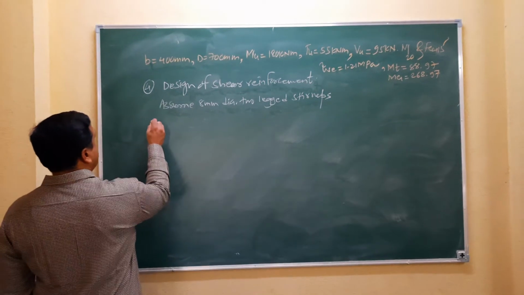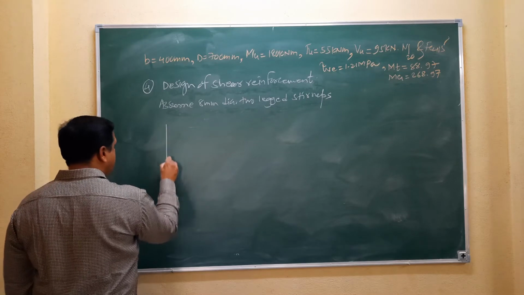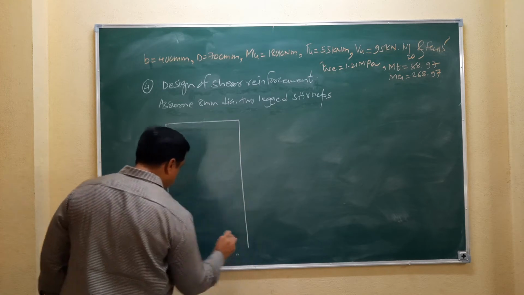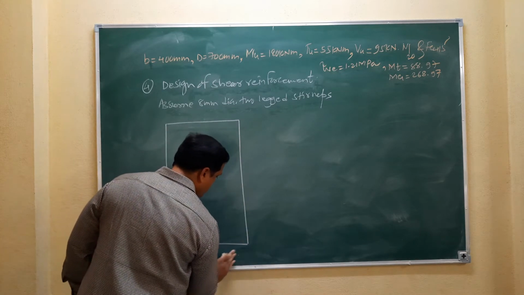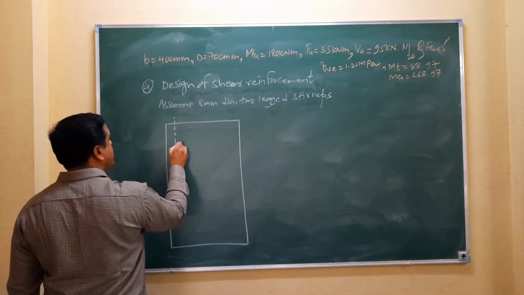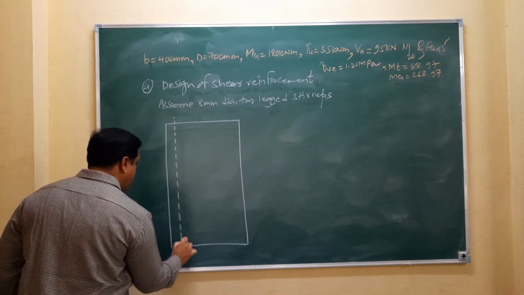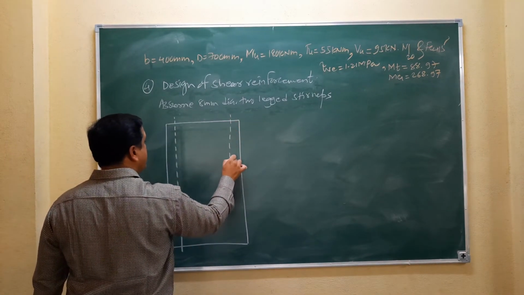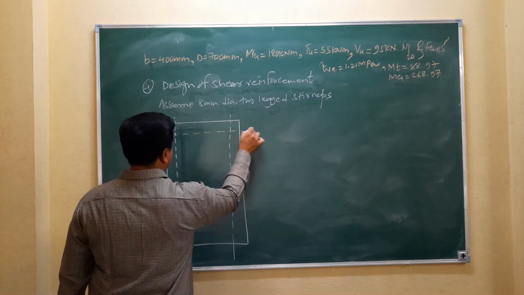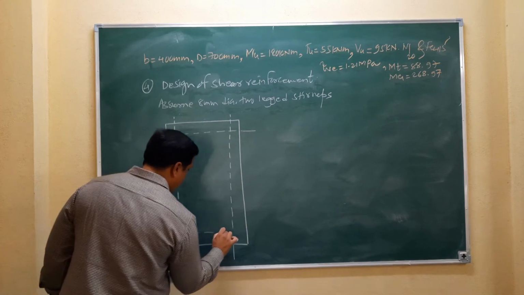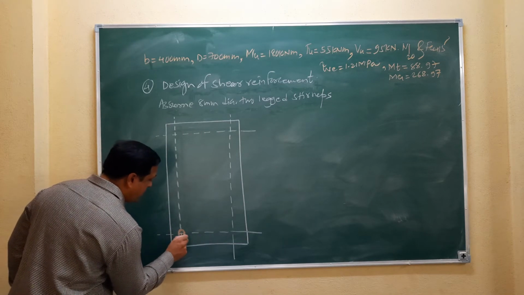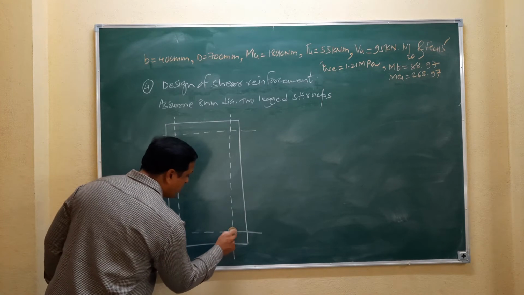For that, you need b1, d1 and x1, y1. I am going to solve this. How to find out the b1, d1? How to find out the x1, y1? So this is the alignment of a vertical steel, this is the horizontal alignment. At bottom we have assumed 4 numbers of 20 mm diameter.